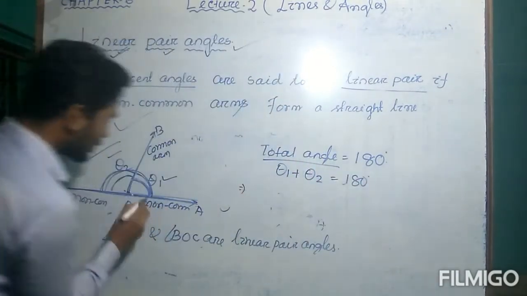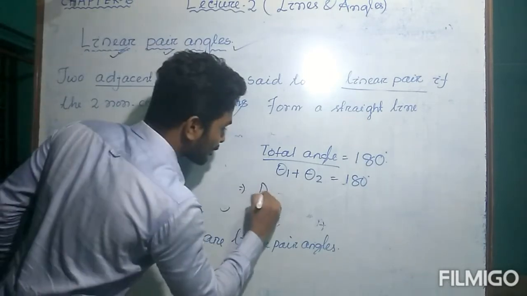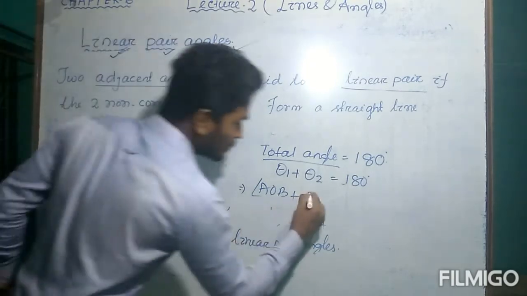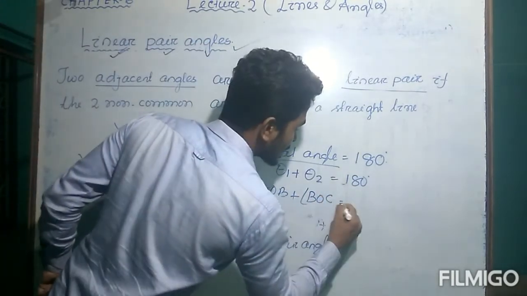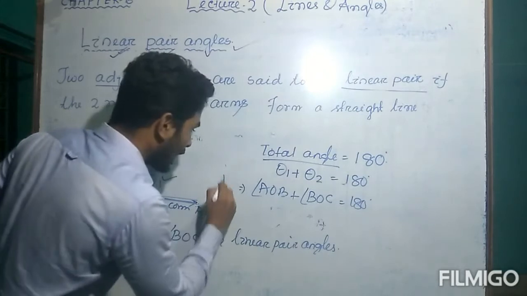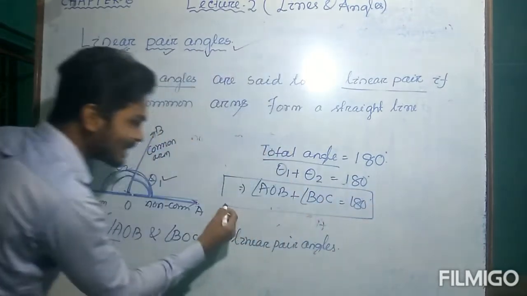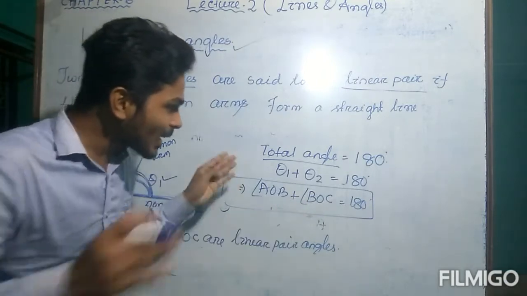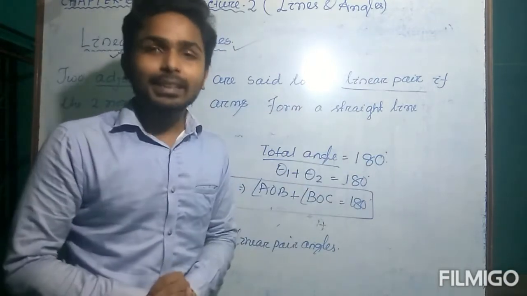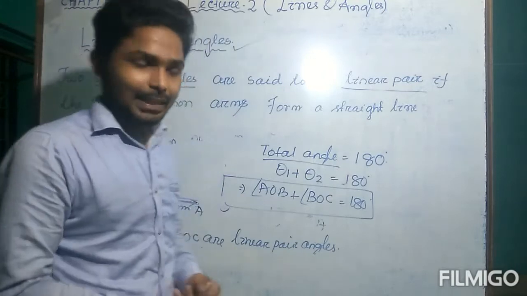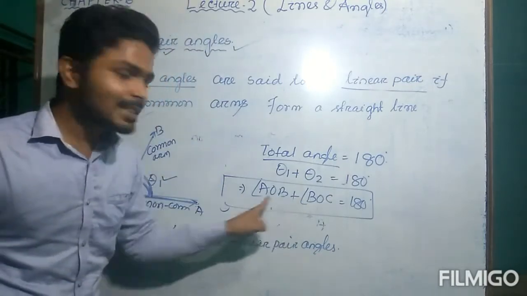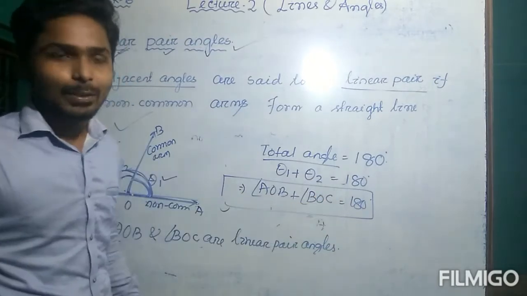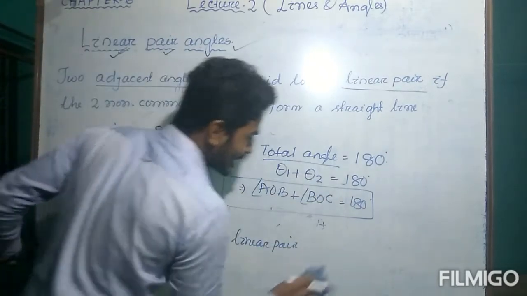Okay, so theta 1 means AOB plus this is BOC, theta 2, is equal to 180 degrees. So what we get is a conclusion that for linear pair angles, the two adjacent angles combine to form 180 degrees, or the sum of two adjacent angles for linear pair angles is 180 degrees. Okay, so let us write